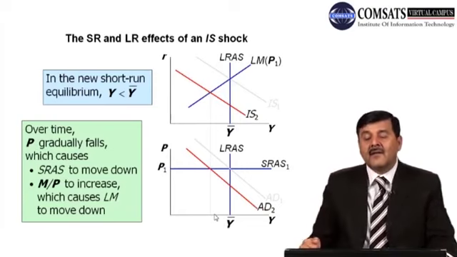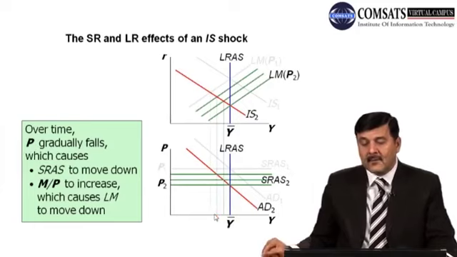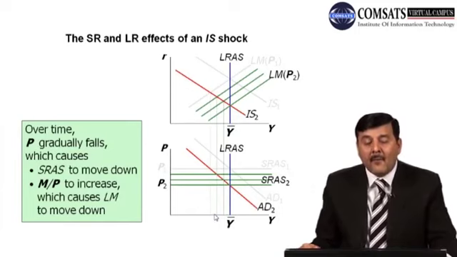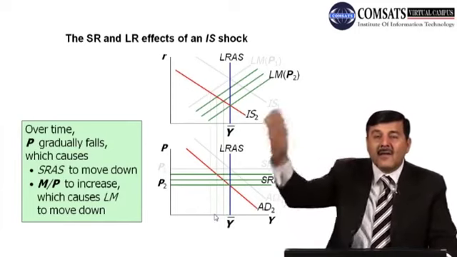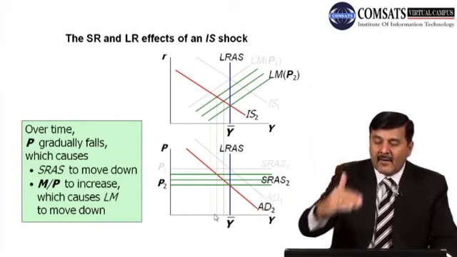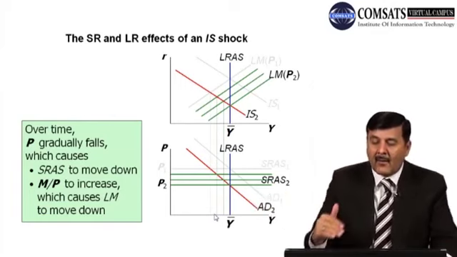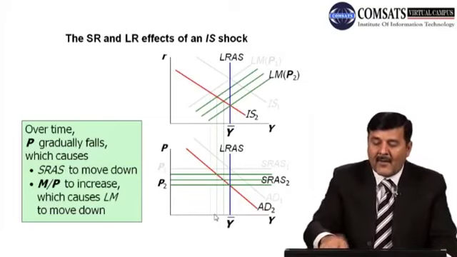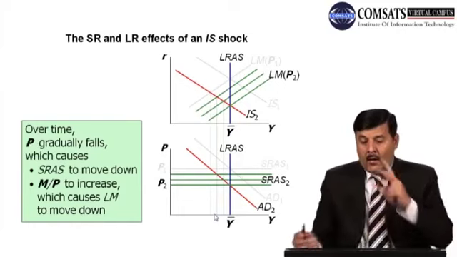Short run supply curve नीचे आ जाएगा, right? And it causes M over P to rise, to increase. मनी सप्लाई में इजाफा होना शुरू हो जाएगा, right? यानी शॉर्ट रन सप्लाई कर्व नीचे हो जाएगा, राइट? और हम वापस उसी Y बार पे आ जाएंगे. अब यहाँ पे देखो,